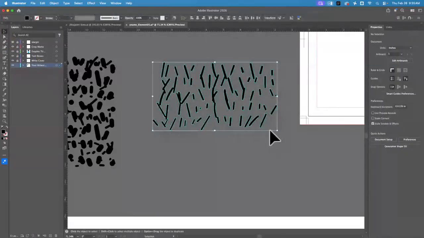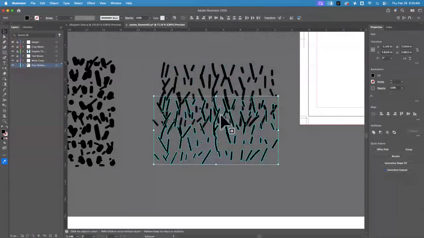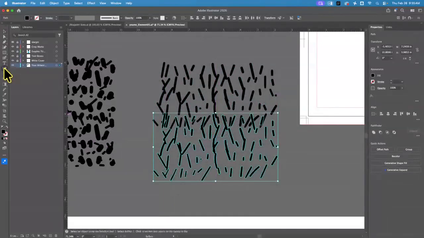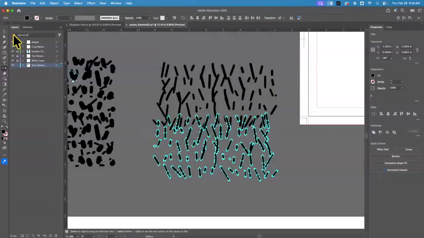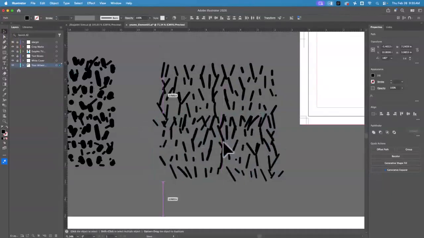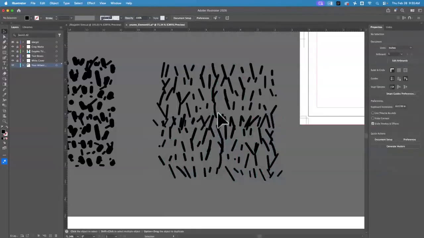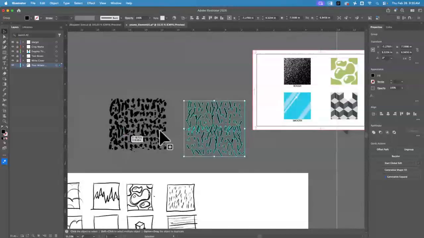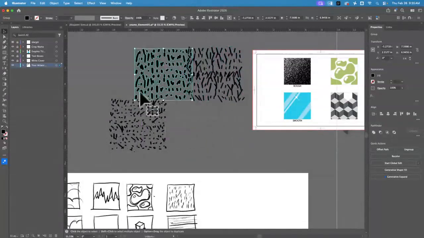So I did about half, copy, paste. I'm going to flip it. The reason I flip it is it makes the eye not see necessarily that there's a pattern. Like right down the middle there, that's kind of, however I happen to do that. I don't like it, but whatever. Now I'm going to group this. I'm going to zoom out. So I have 3 different